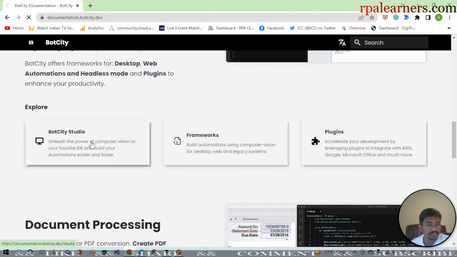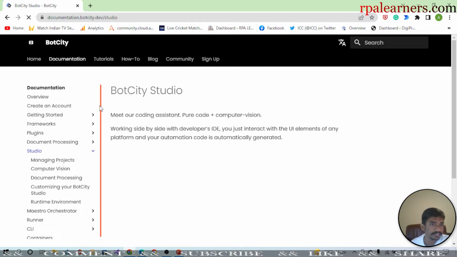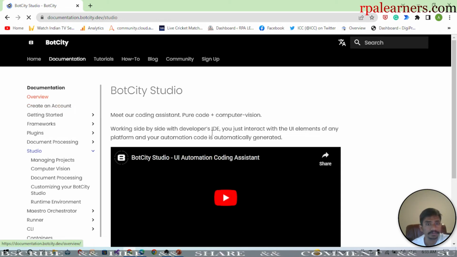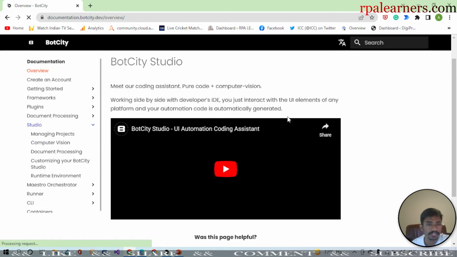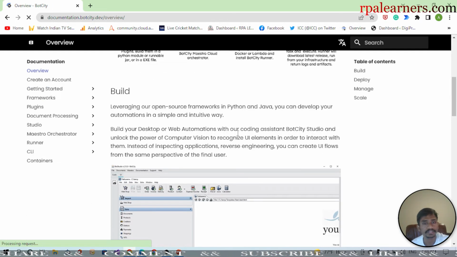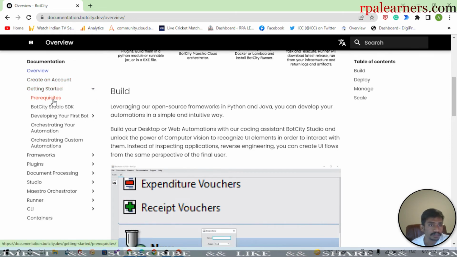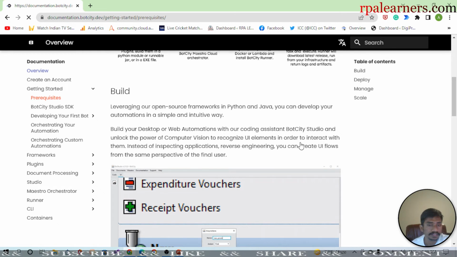Let's click on this Bot Studio, then you will be directed to another page where you can see the documentation of the prerequisites that you need to have before getting into Bot Studio. What are the requirements that you need to have in order to run the automation using BotCity. If you are using Python, you need to have the following, right? When you go to get started and prerequisites, you see